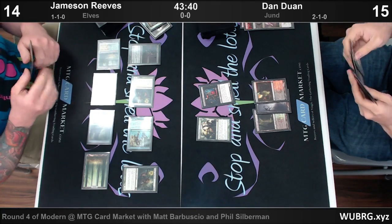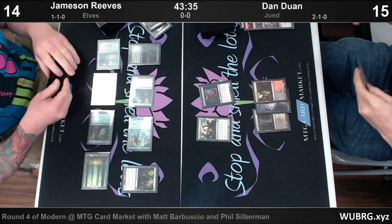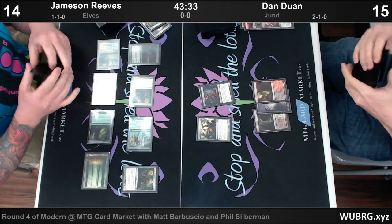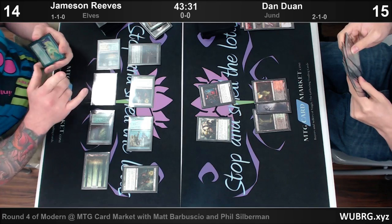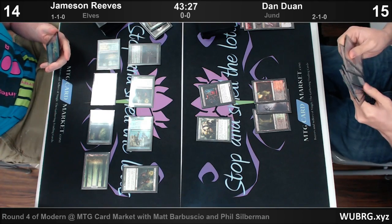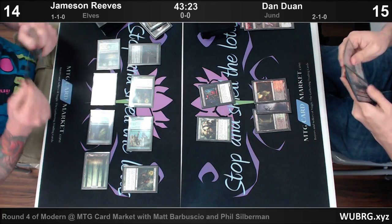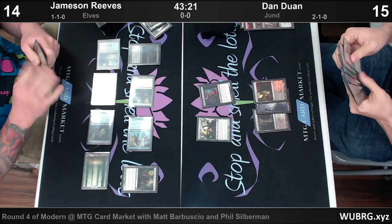All right, so Dan's gonna draw Verdant Catacombs off of his Bob. He's still got a ton of options here. Collected Company is the card that lets you deal with all these 1/1s, and Bob is the one that's trying to let Dan keep up with this action. Dan can still just removal spell his way out of this, which is scary, I think. But if you don't kill both these Archdruids, Jameson's gonna have access to a lot of mana next turn,